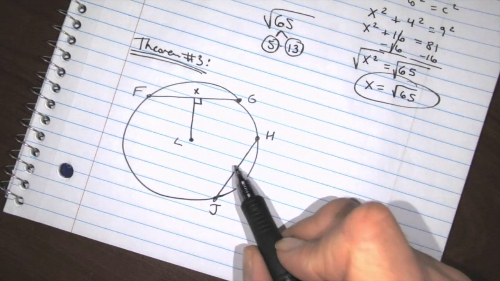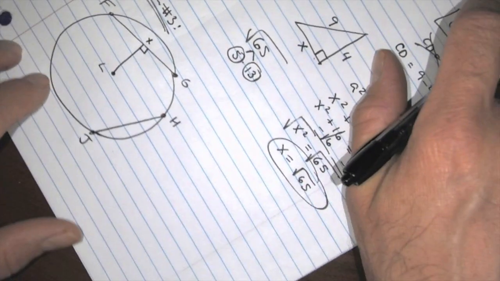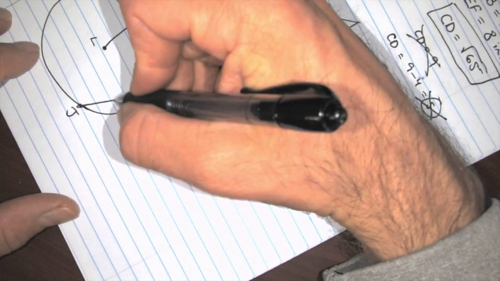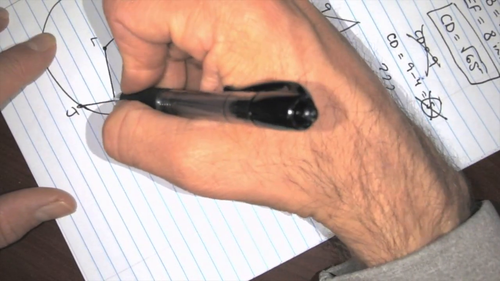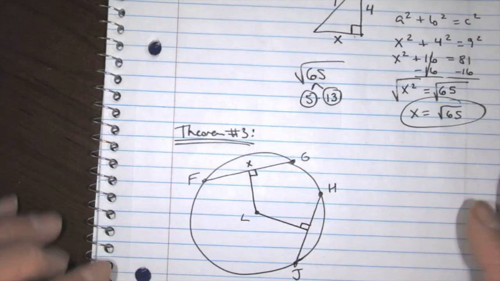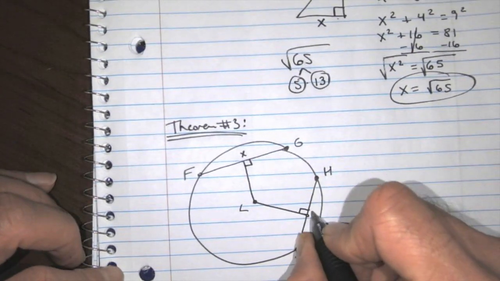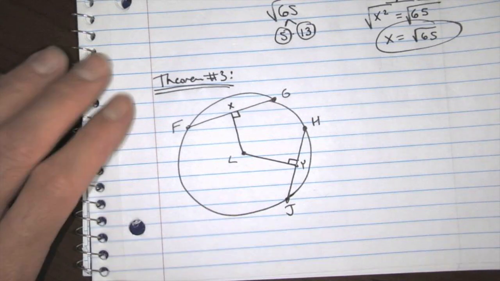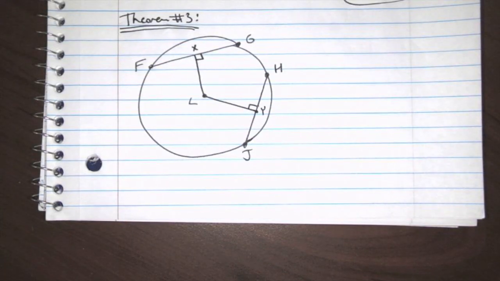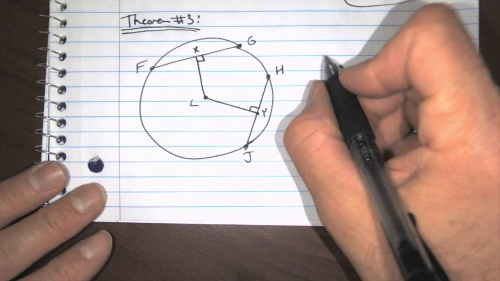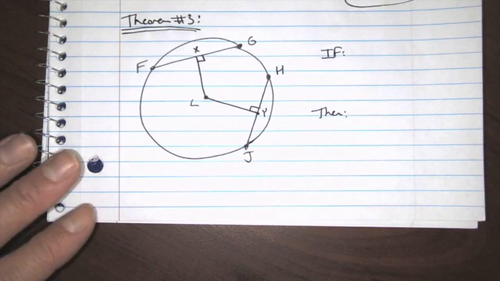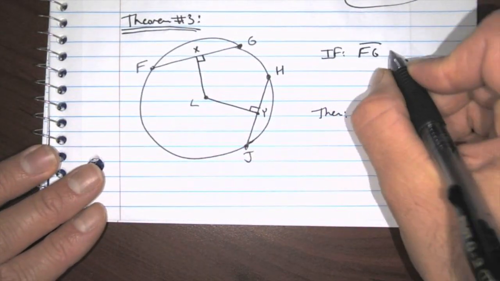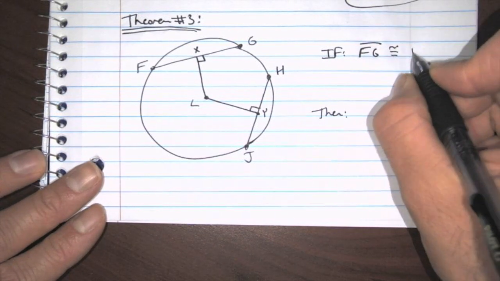Same thing with this other chord. I'm going to turn this paper sideways just a little bit. I'd like you to make a perpendicular distance from the center to that chord. And let's call this Y. Alright, here's the last theorem. It's a good one. It's an easy one, folks. Yeah, I gotta do an if then. Sorry. My bad. If these chords are congruent, if FG is congruent to JH,